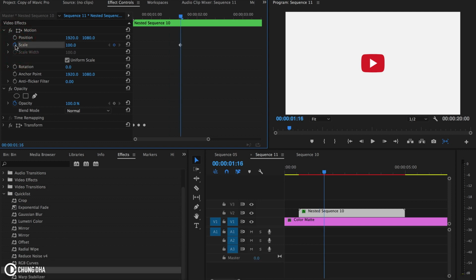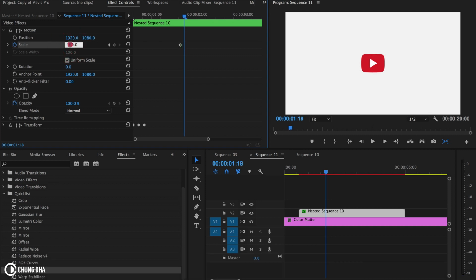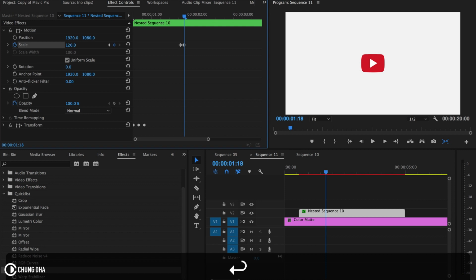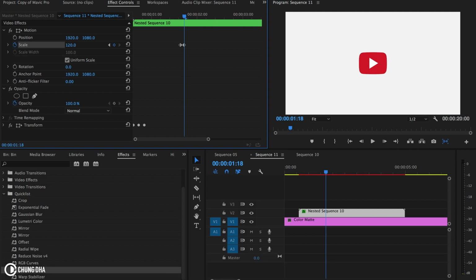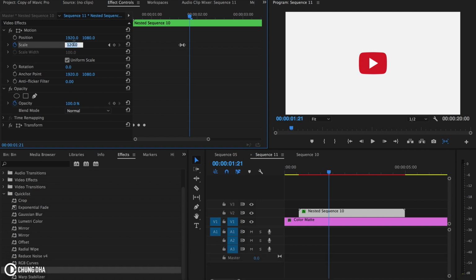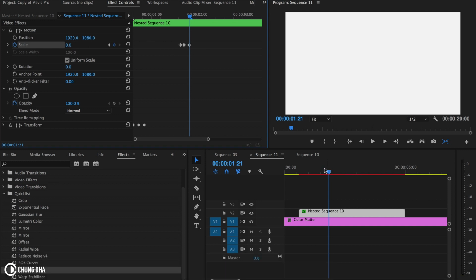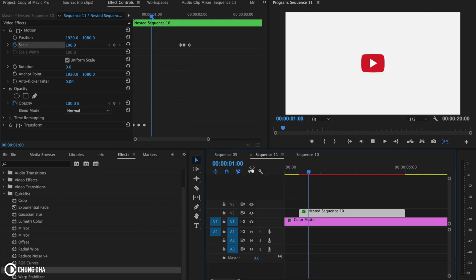Do one keyframe here, 1, 2, size up to 120, then 1, 2, 3 to 0. If I play this here,